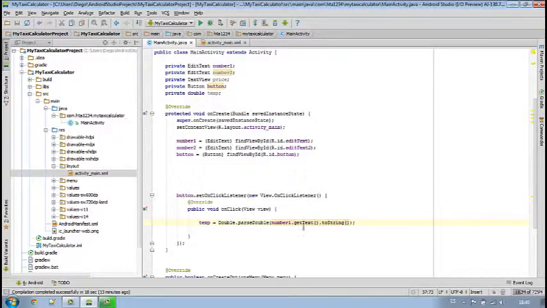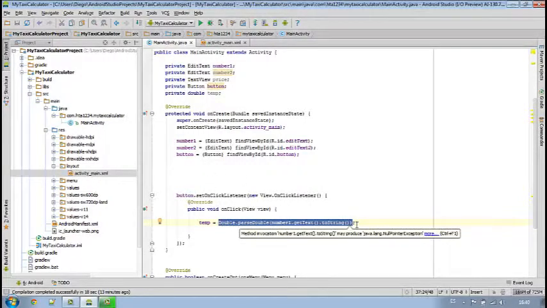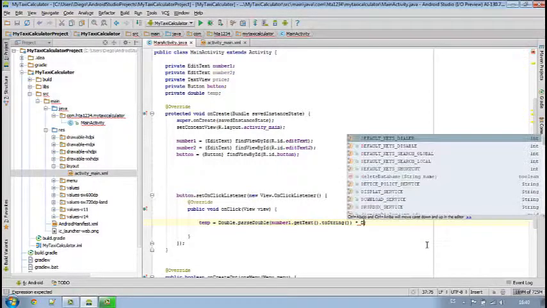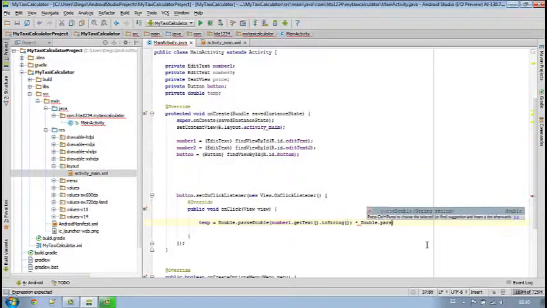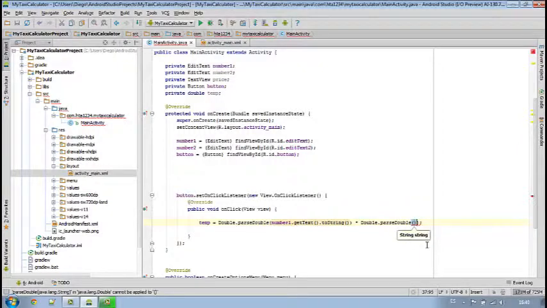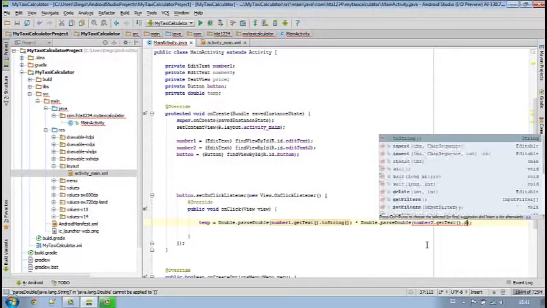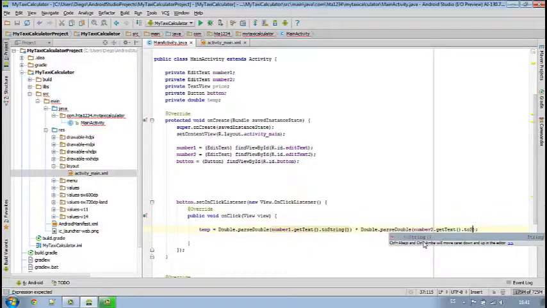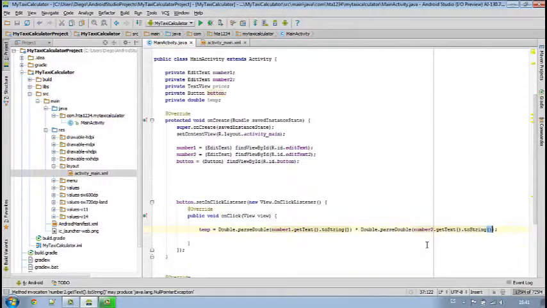Okay, so here I have my first number, number 1, and this one I will multiply by the second one, so we do the same but faster. Double number 2 text string. Okay,